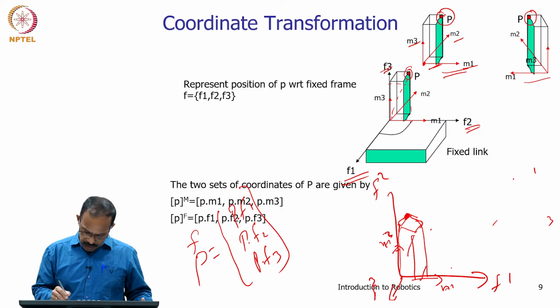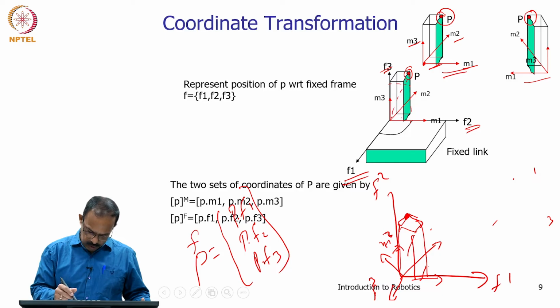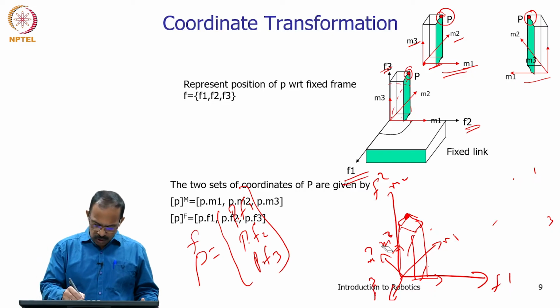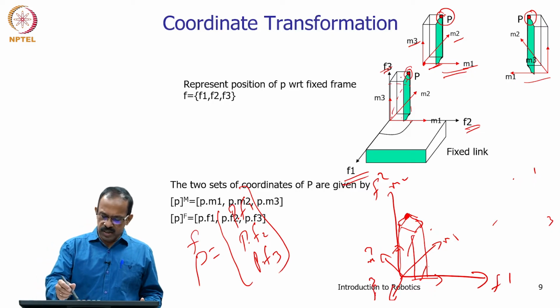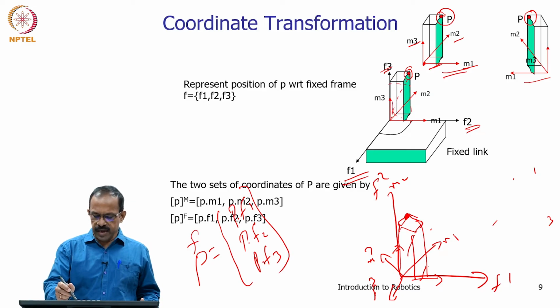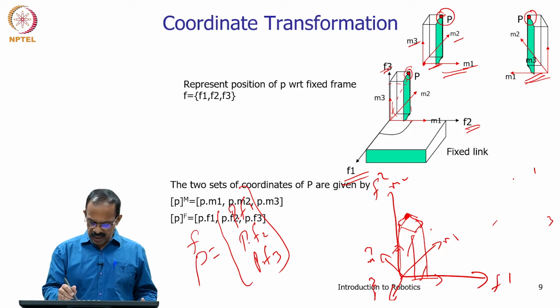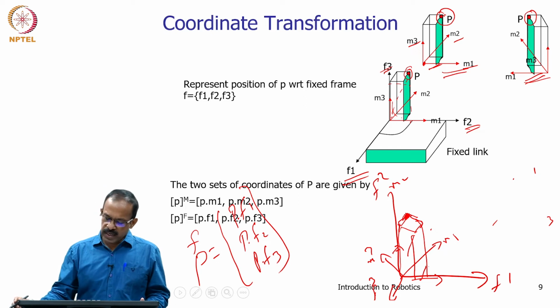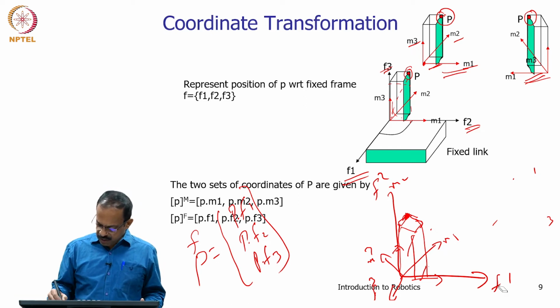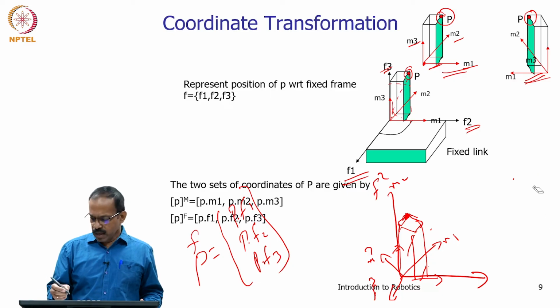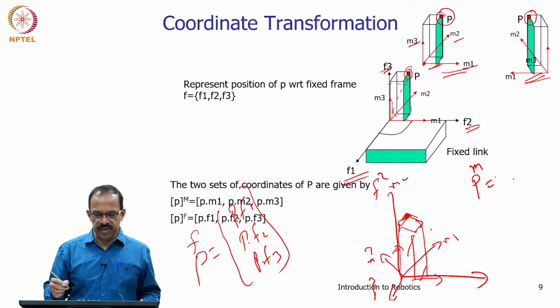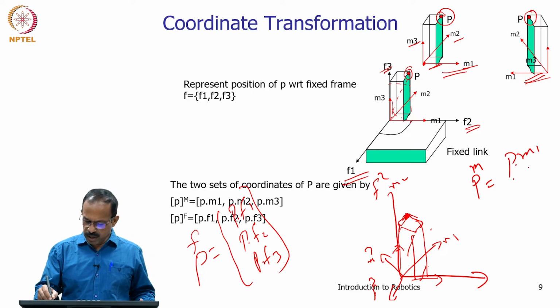So, M1, M2, M3 also rotated. Now M1, M2 and M3 have gone like this. This will be M1, this will be M2 and this will be M3. So, this object was initially in this position, and it rotated by 90 degrees, and P has actually reached here. Now, if I want to get the position of P after rotation, P with respect to the mobile frame will again remain the same: P dot M1, P dot M2, P dot M3.